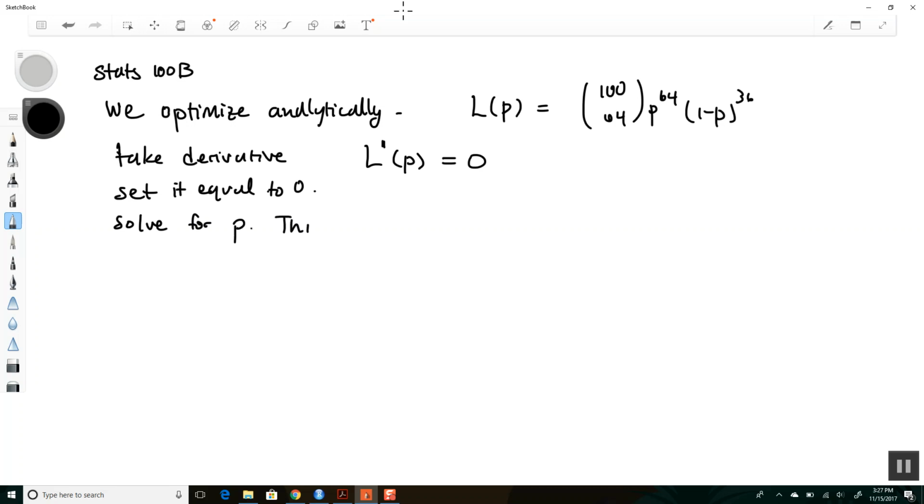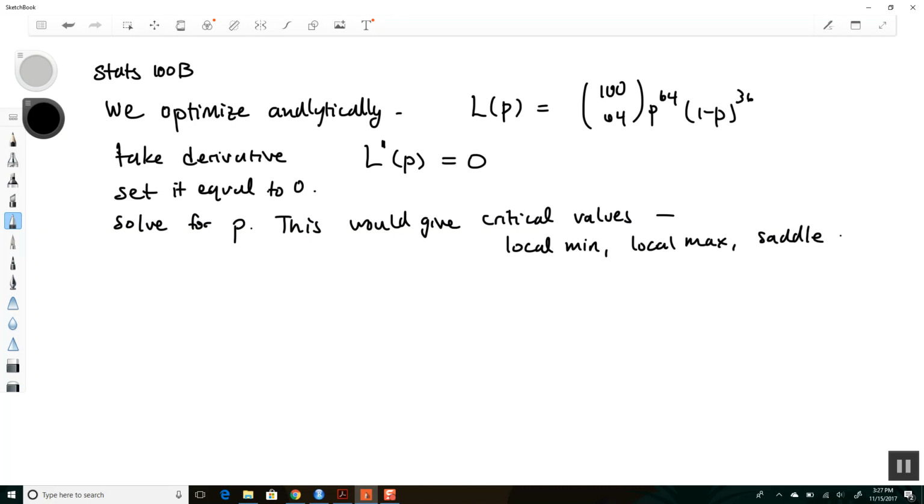Okay, and then this would give what, the critical values? Critical values, which will either be a local min, local max, or a saddle point. Okay, and probably if you tried to take the derivative of this, you probably ran into some problems. So we would say, well, if you can't take the derivative of L of p, then